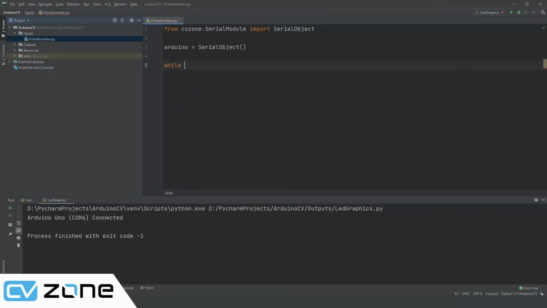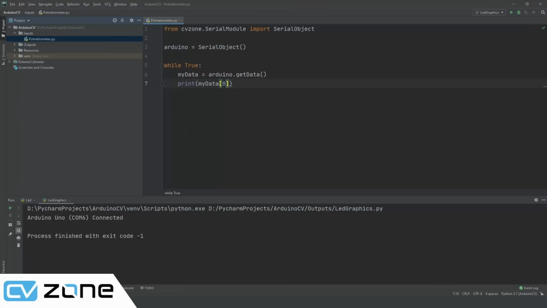So we will write here while True, and then we are going to write myData equals arduino.getData. So whatever data is there, just get it, and then print myData at value 0,